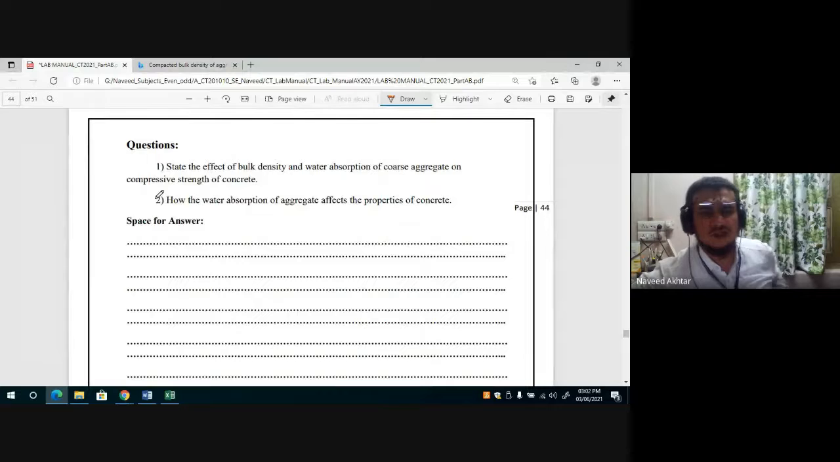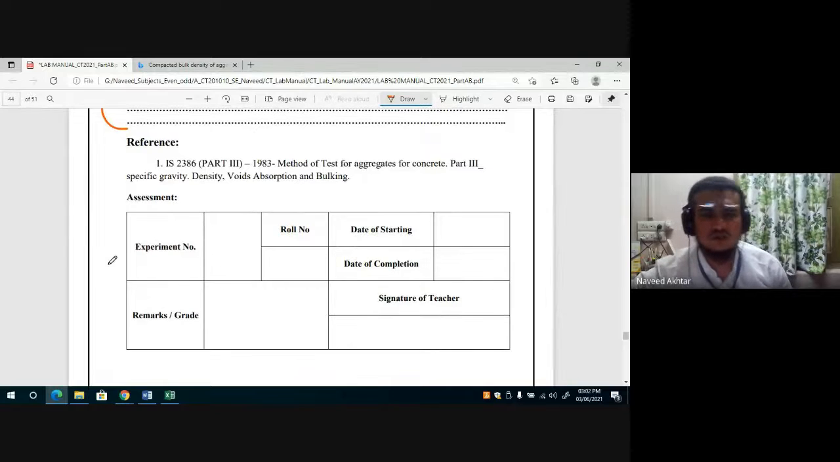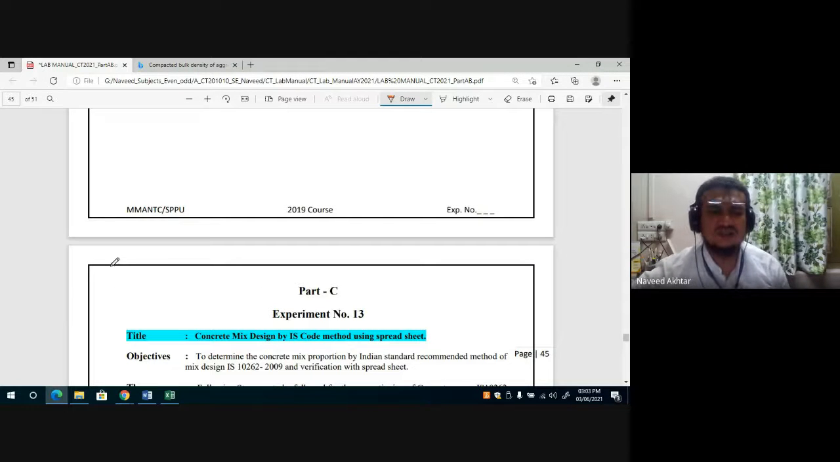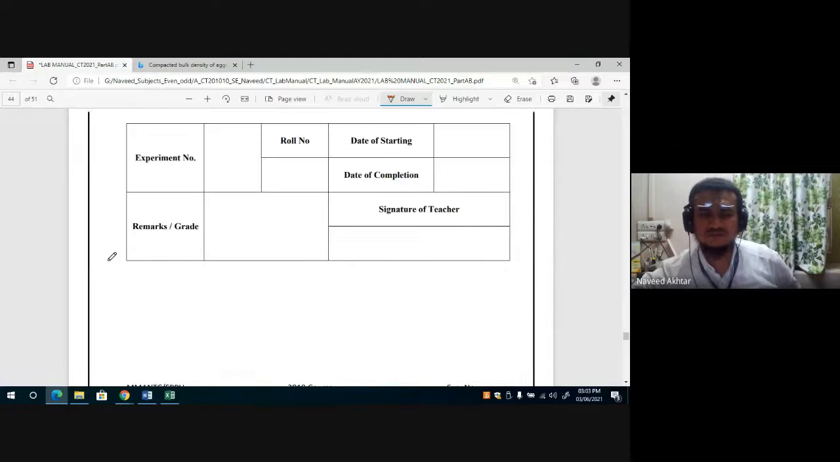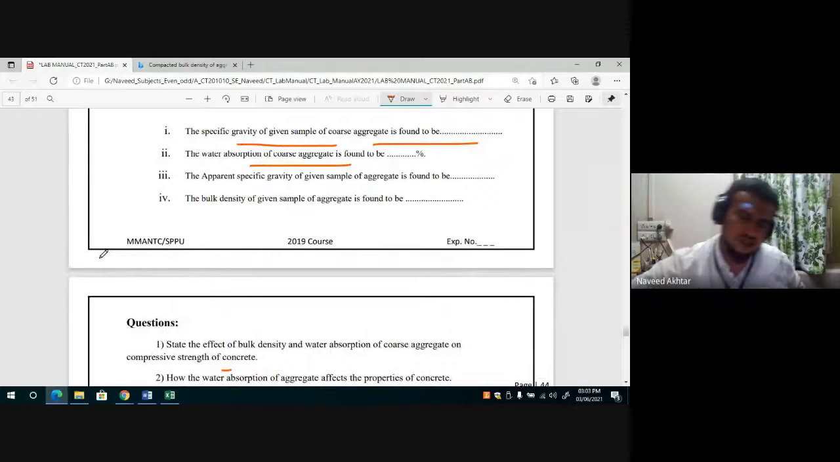State the effect of bulk density and water absorption of coarse aggregate on the composite strength of concrete. How does the water absorption of aggregate affect the properties of concrete? All this you have to write down in the space provided. If the space provided is less, then you have to take an additional sheet so that your question answers are completed. So till now we have completed the experiments on